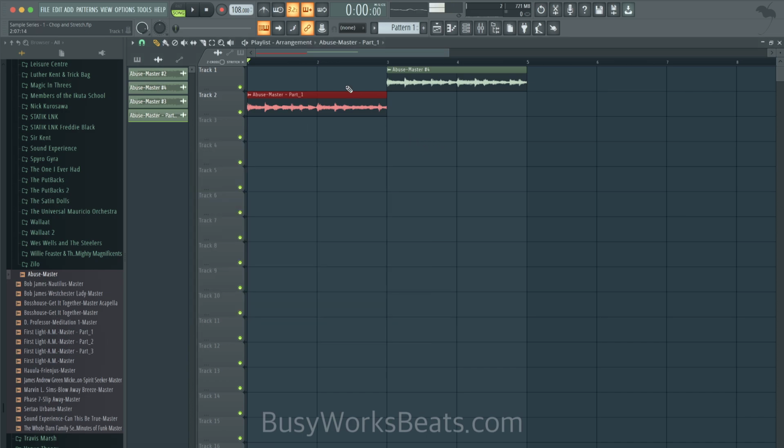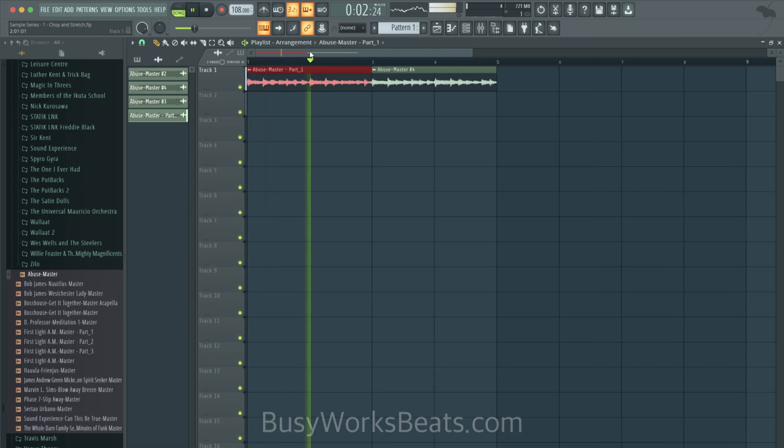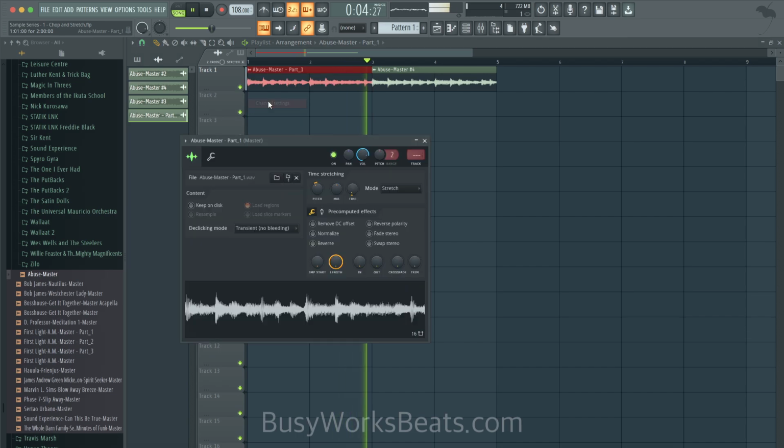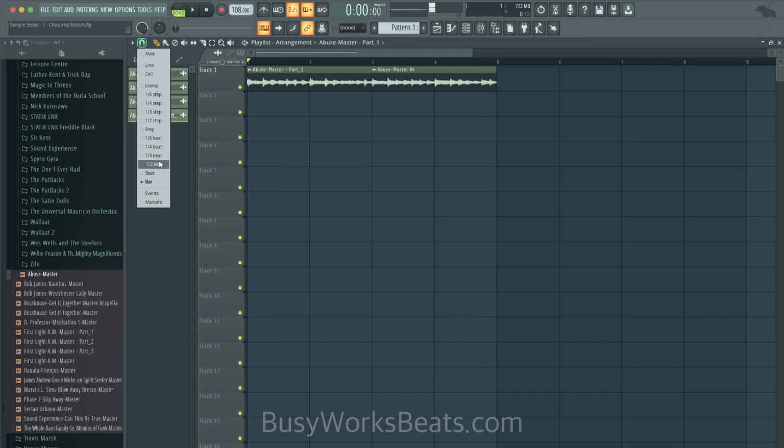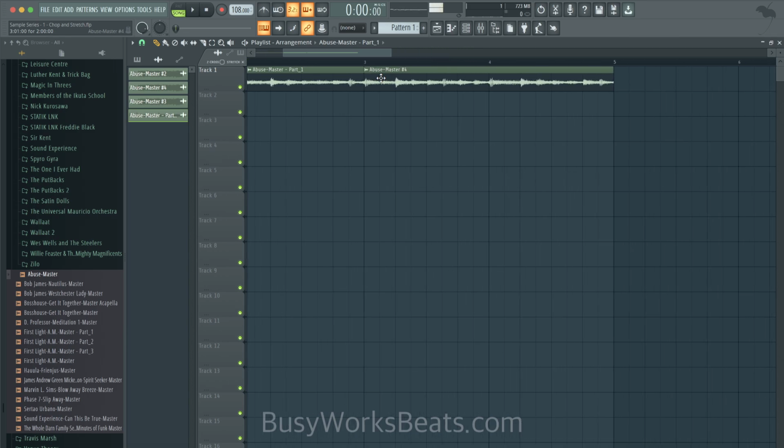Now, the reason I didn't make it unique as a sample the first time is because sometimes I'll show you a different trick right after this, which is sometimes you could chop it and replace sections. So let's hit play. So let's say you want to create like a little remix vibe. Let's go to snap to grid. We're going to switch it to like a beat or a half beat.